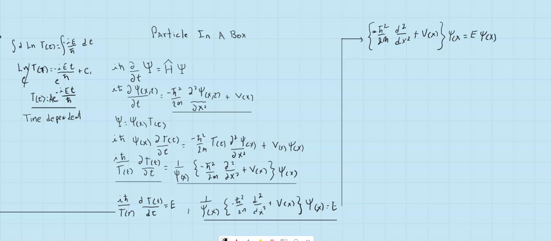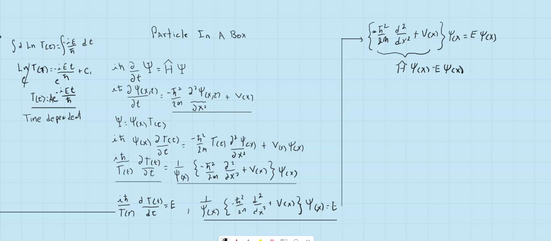And this right here is my Hamiltonian. This is my Hamiltonian right here, acting on what? On psi of x. And what does it do? Well, it returns psi of x back plus a constant. So I can say that